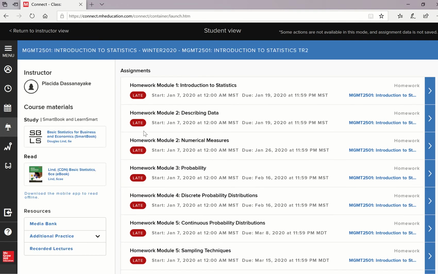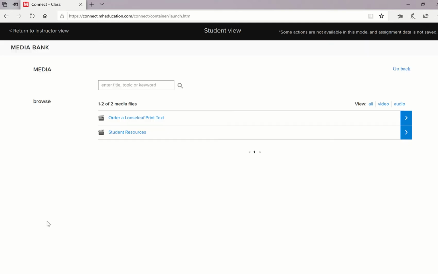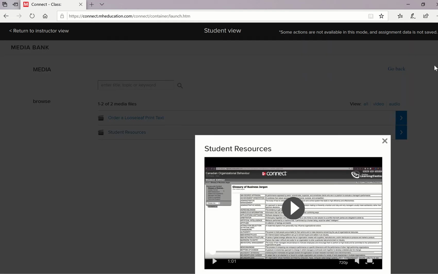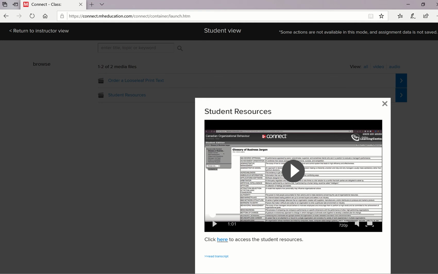So this is the home page, and then you have to go to Media Bank. That's where you can find most of the resources. Click on Media Bank, and it'll lead you to this new window, and then you have to access your student resources. Click on it, and then you will see this short tutorial about student resources. You can watch that if you like. And in order to access the student resources, you have to click on this link. So click here to access the student resources,